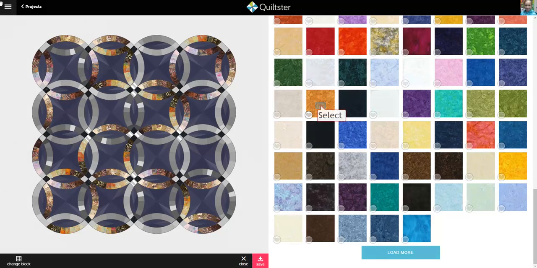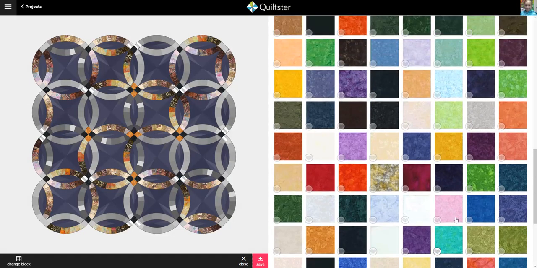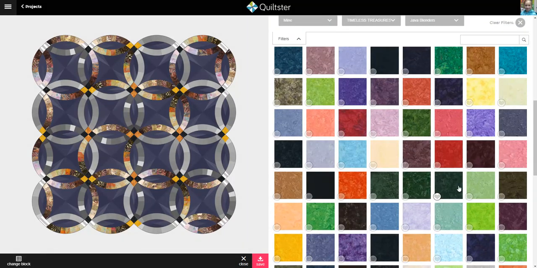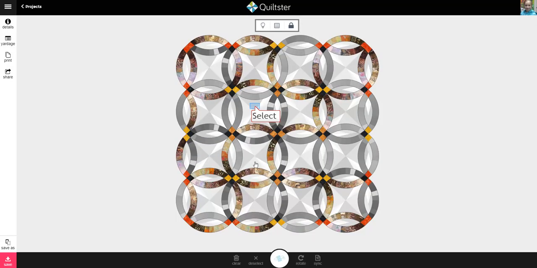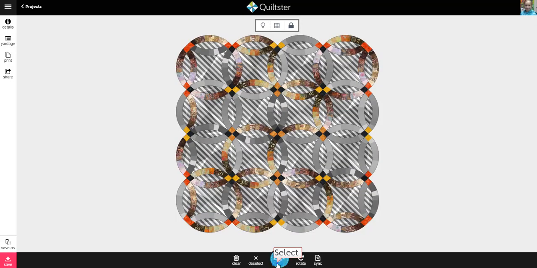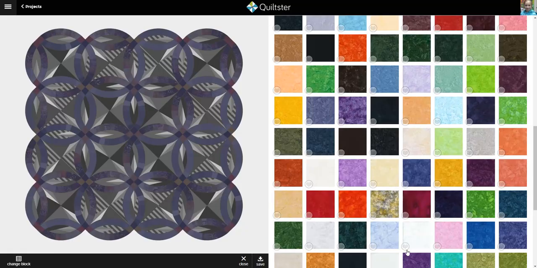I'm going to pick this gold here, and then there's a third option there, so I'm going to go with this one, and then there's one along the outside, so I'm going to select this orange for that. Alright, so just so that you see the differences,